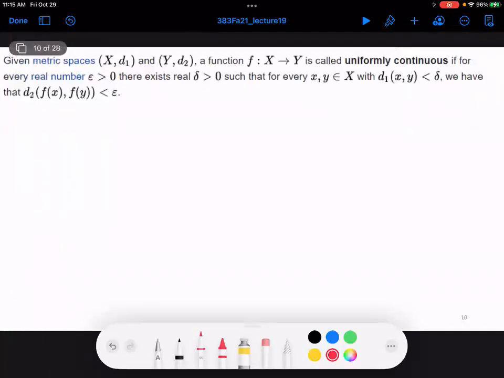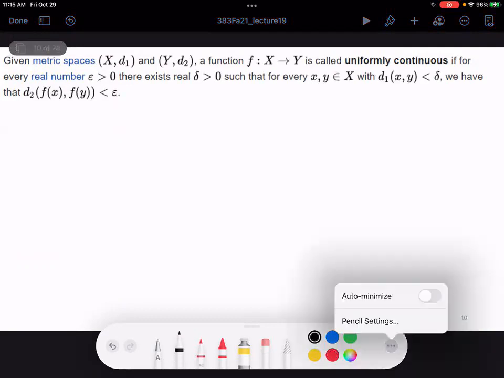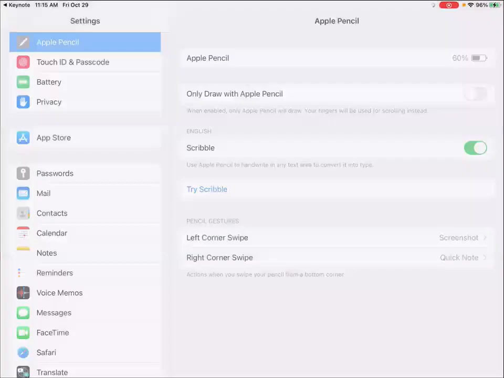So now what we want to do is talk about what it means for a function to be uniformly continuous. When I teach calculus, I don't really use this because this requires some concepts in analysis, but let's try to do it today. All right, so I want to see if I can